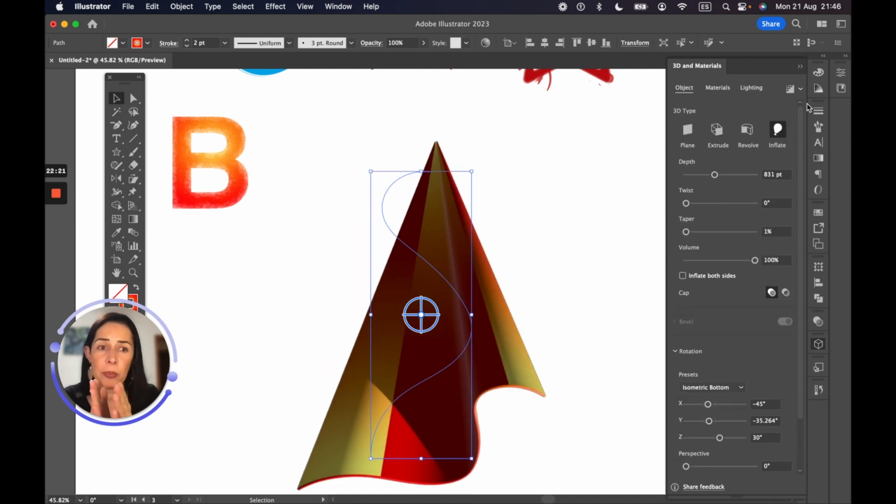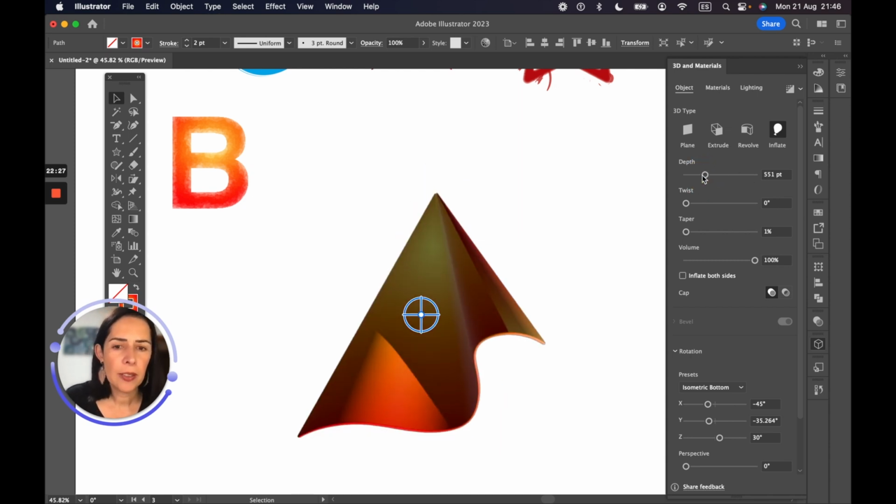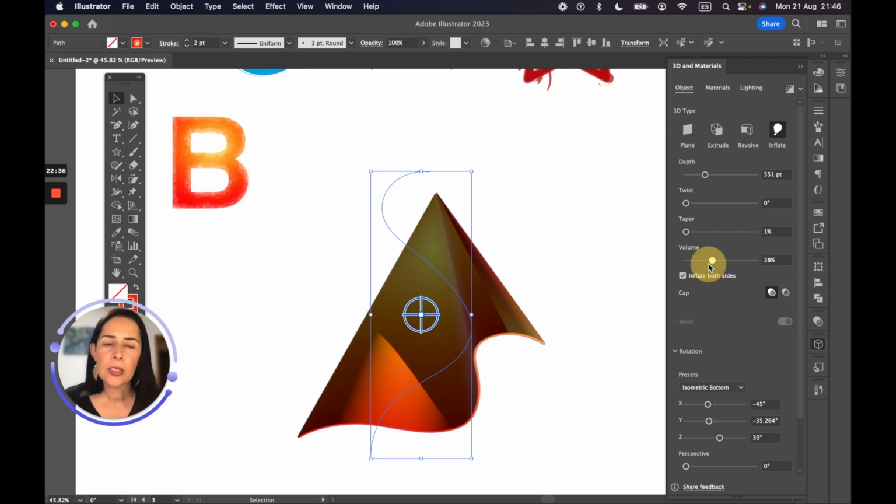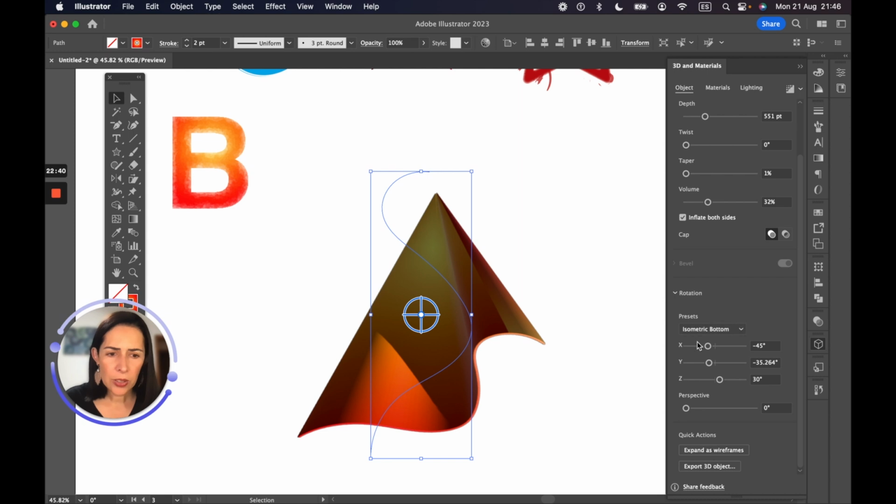You can transform it depending on how you move the mouse as well, okay? I'm going to change depth, inflate, and volume. How marked do you want to have the result? Okay, so here you can do really